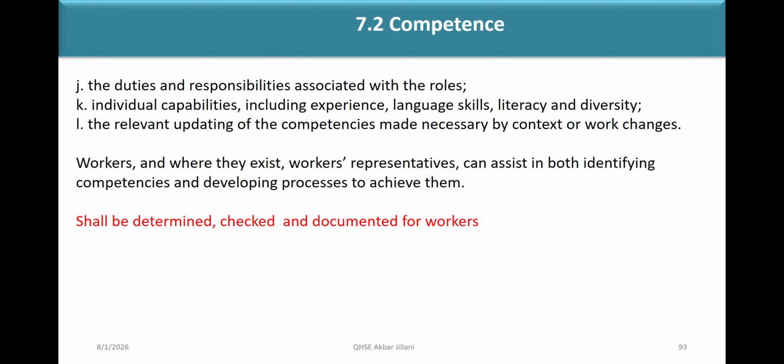So for the welding safety, they have some training on how to weld. And the forklift driver, he has a license, but we provide him the training on how to drive the forklift safely. So these are the competencies.